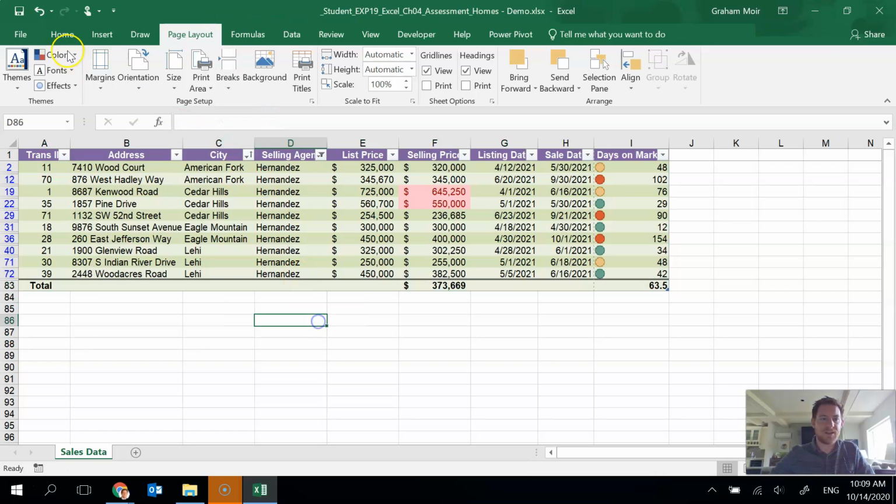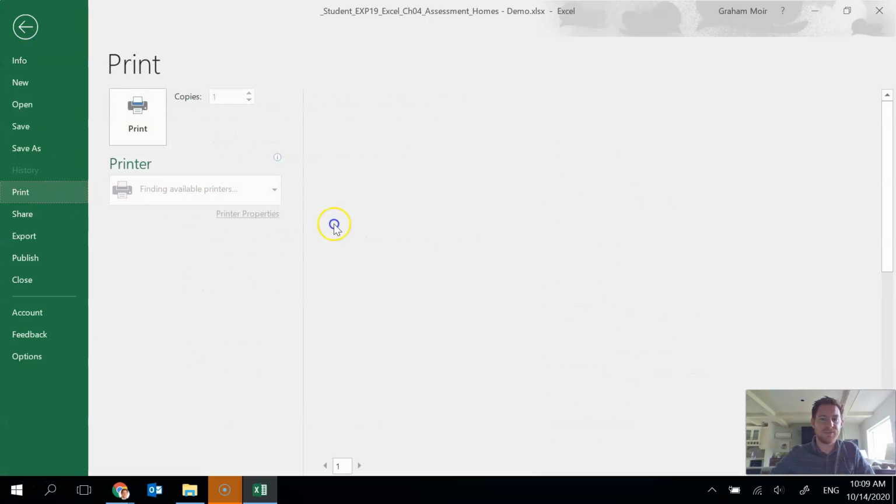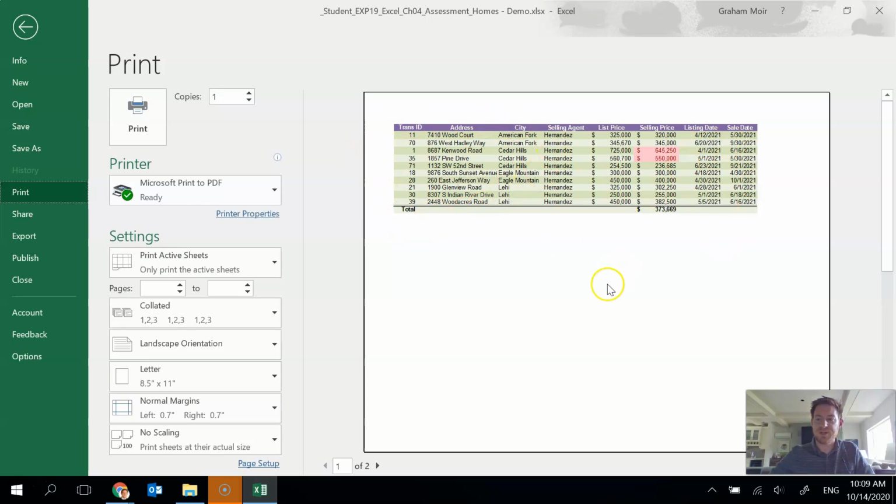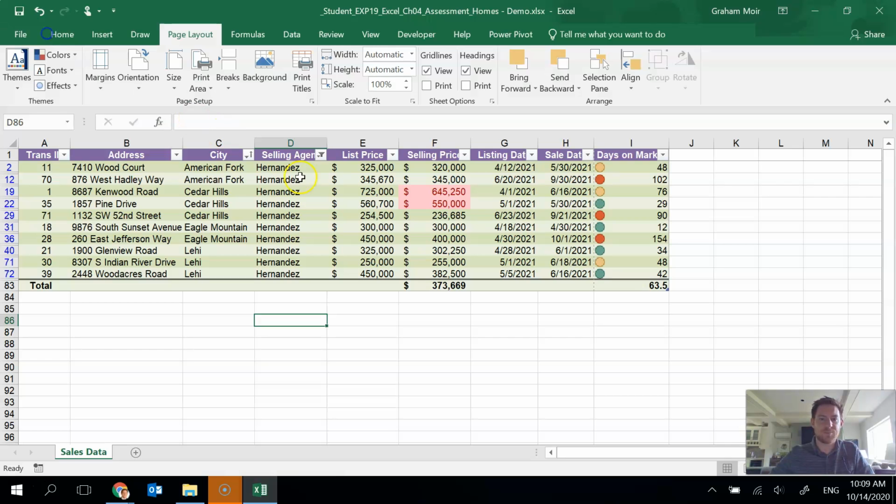So if I click on that, and if I go to the print preview, you'll see that's what's going to print only for that. So that's perfect. So we're done step 12. Step 13 is save and close. So we are